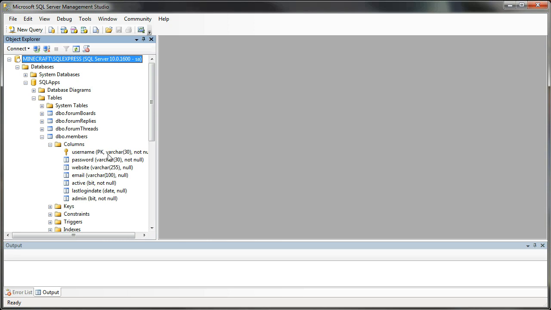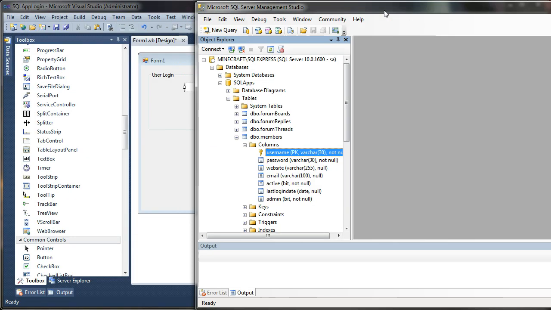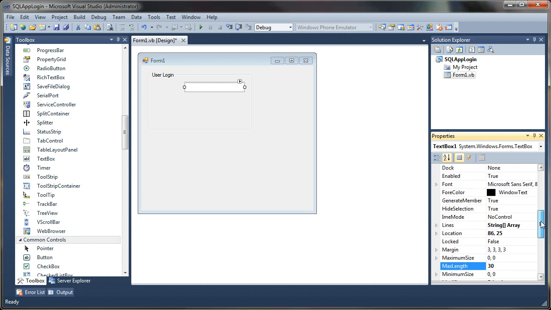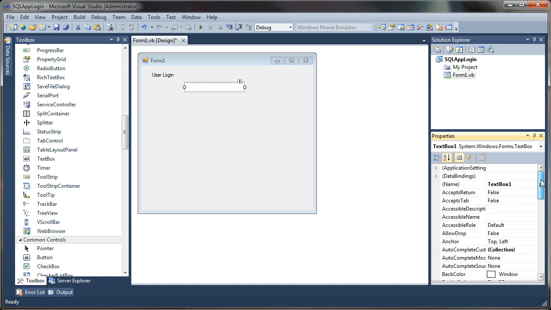So my database structure shows a varchar value of 30, so I don't want to exceed 30 for my username field, so I'm going to say max length 30. And that limits it to 30 characters that the user can enter. And I'm just going to call this text box txtUser,